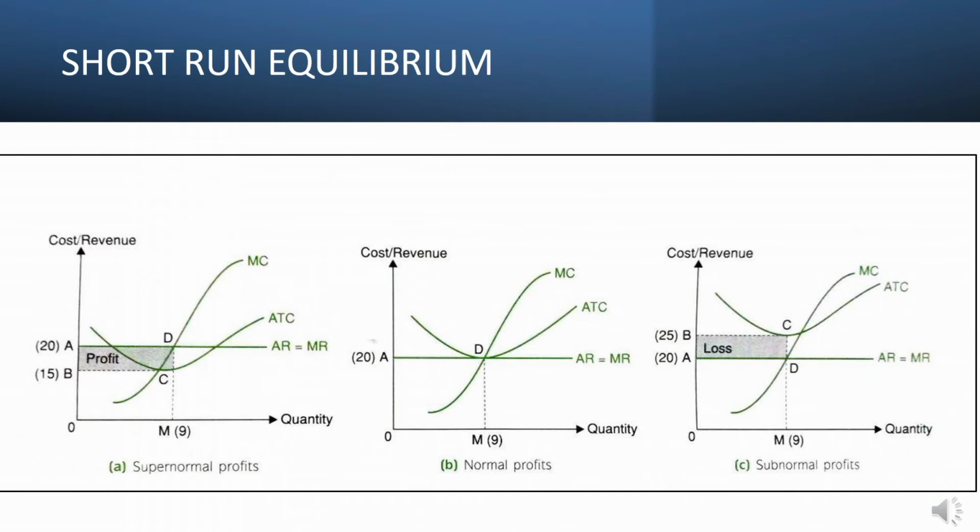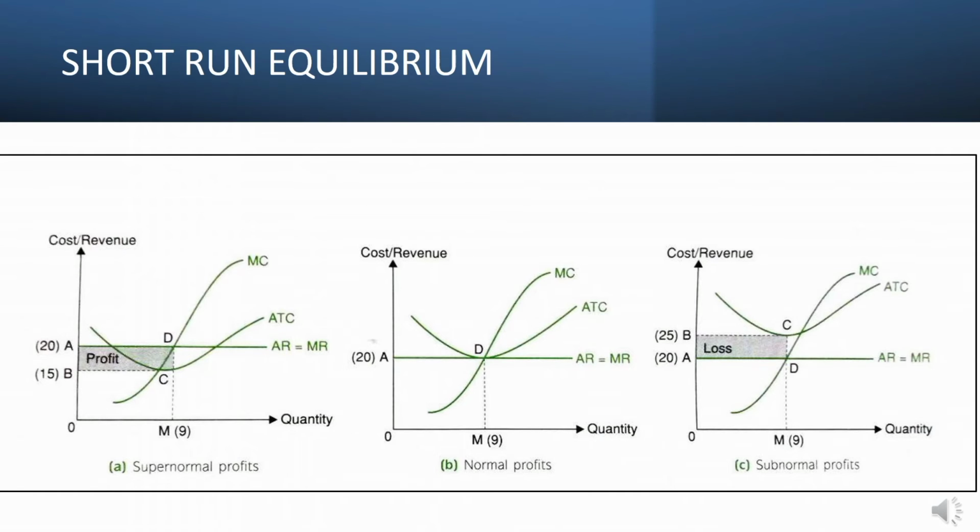Next, a short-run normal profit. A short-run normal profit shows the output for the firm when it breaks even or obtains normal profit. The firm's AR or price line is tangent to the minimum point of the ATC curve. As can be seen in the diagram, P equals ATC. That means the competitive firm at break-even shows no gain or no loss when P equals ATC.